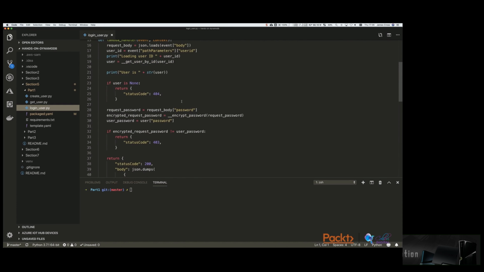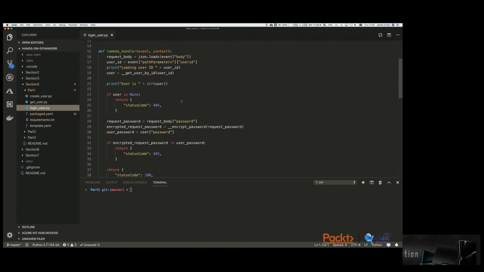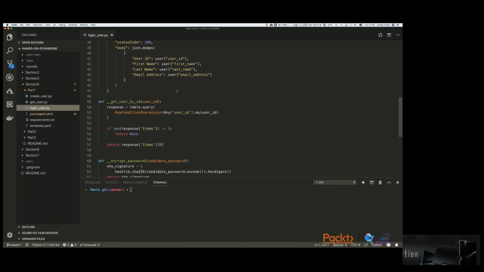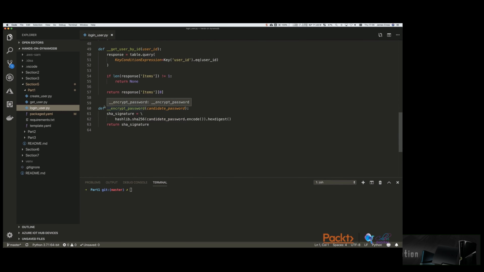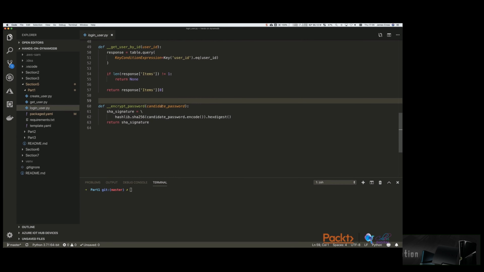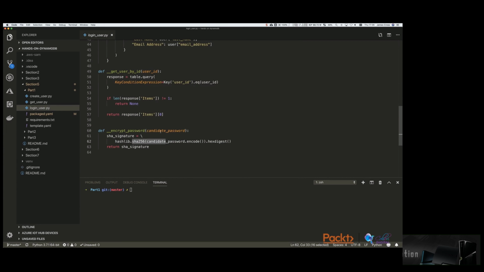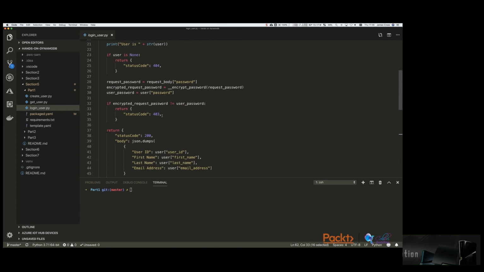And then the last one, login user, is a little bit interesting. So it's very similar to get user, obviously. So we're doing a user lookup based on user ID, but what we are doing is we're validating the password. So the methodology for that is very simple. Obviously get user by ID, and we have the same encrypt password function here, but what we're going to do is we're going to pass the candidate password in. That's the password that gets passed to the API endpoint. Run the same encryption algorithm over it, the SHA-256 one-way hash, and then compare that result with what's been stored